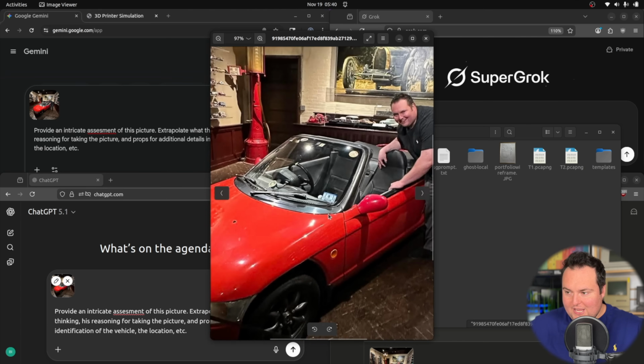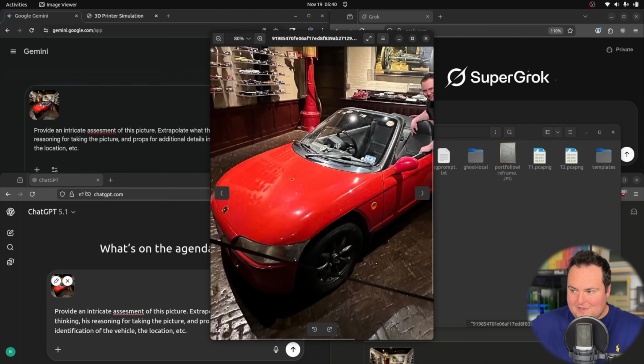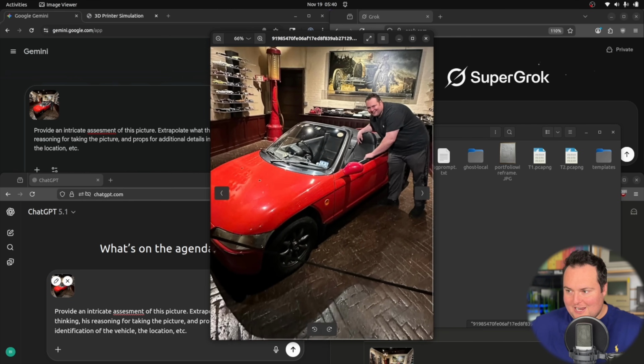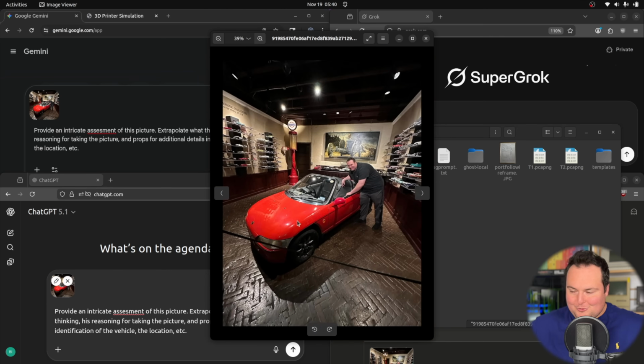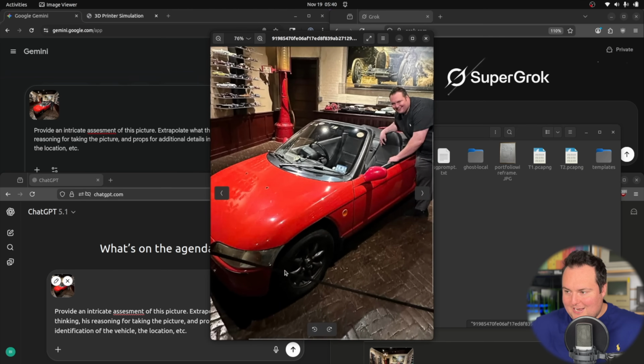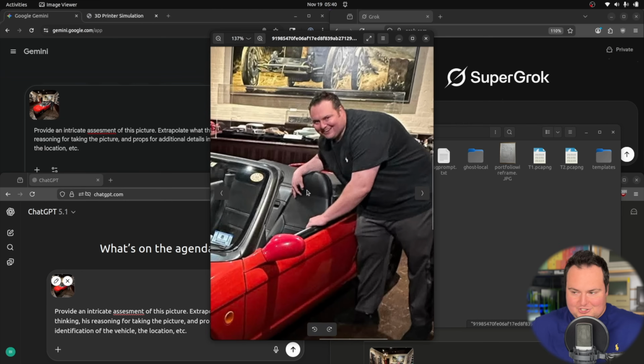Now, for the backstory, this is my old car, which I sold to a very good friend of mine, and he took much better care of it than I did, so it now sits in an automotive museum, and that is why this picture was taken, because every time I go visit it, I hop the barrier and then take a photo like touching the car in a more